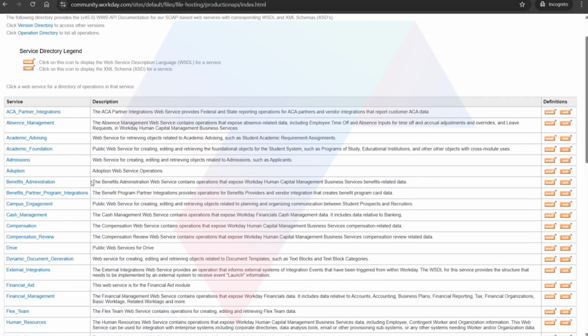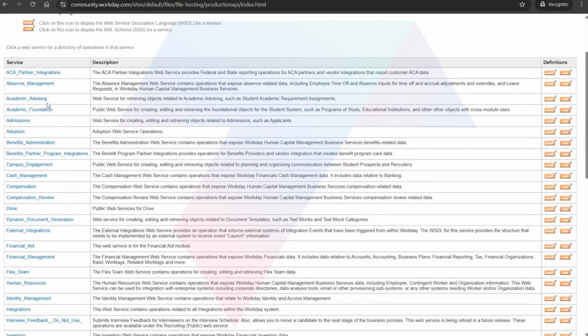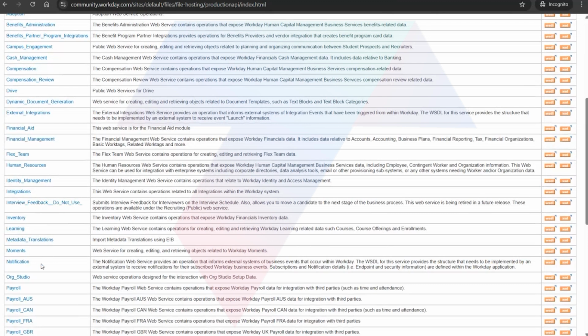So you can see, right? This is the Workday profile, and it has multiple stuff: absence management, academic foundation. It's not just one thing, right? Like in Workday, you can see learning management, financial management, HR will be there, and interview feedback and all, payroll and all,